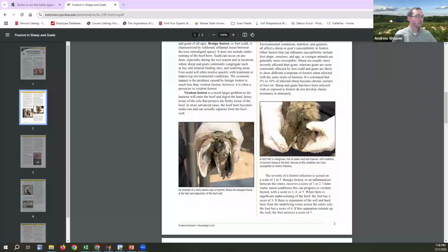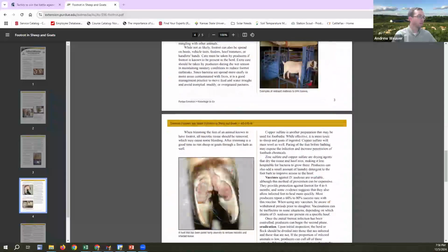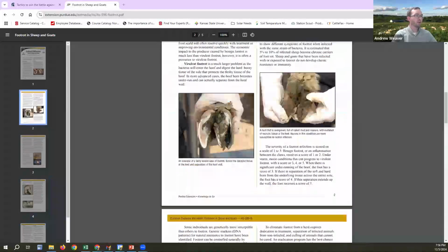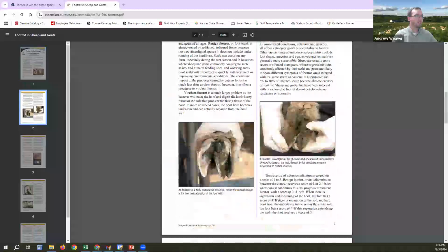Of foot rot, where you see that actual necrosis, the separation of that hoof wall. And then there's one more image down here where it's actually getting into the pad, the bottom of their hoof. And that's going to be that more severe foot rot. So that's going to be that interaction of those two bacteria. So if it's just in between their toes, that's scald. If it's getting into the actual hoof tissue and you start to see that separation of the hoof wall,